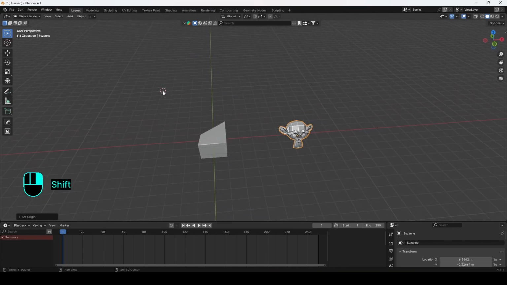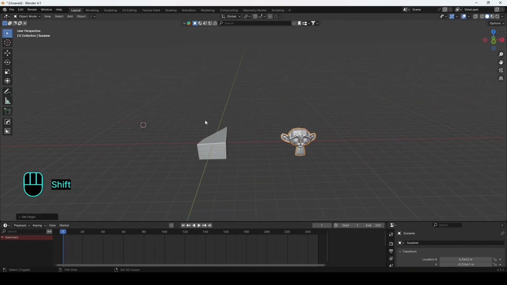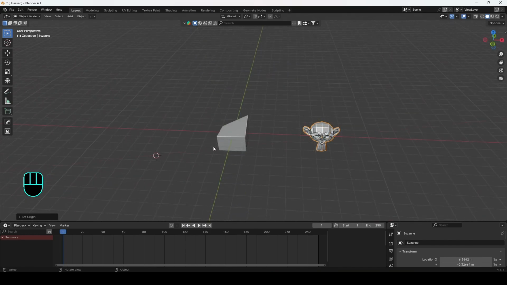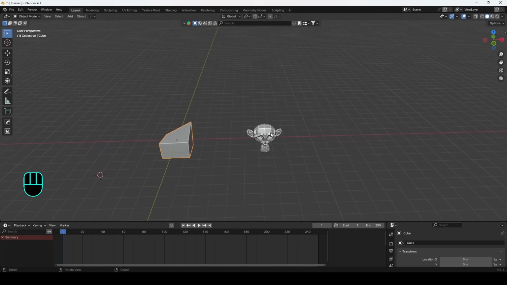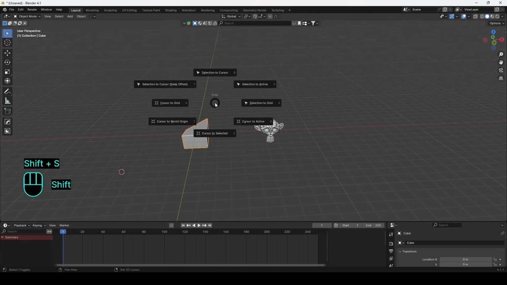If you shift right click, your cursor will move to the closest surface to where you click, or it will just move to a random point in space along where you click. This cursor has its own menu. So say I want to move the monkey's head to the space where this cube is. We can select the cube and press Shift S to open the cursor menu, and we get various different options here. What we can do is do cursor to selected to bring the cursor back to this object,